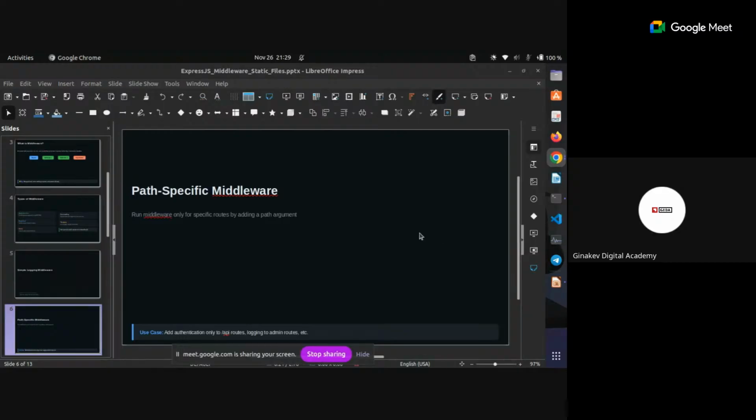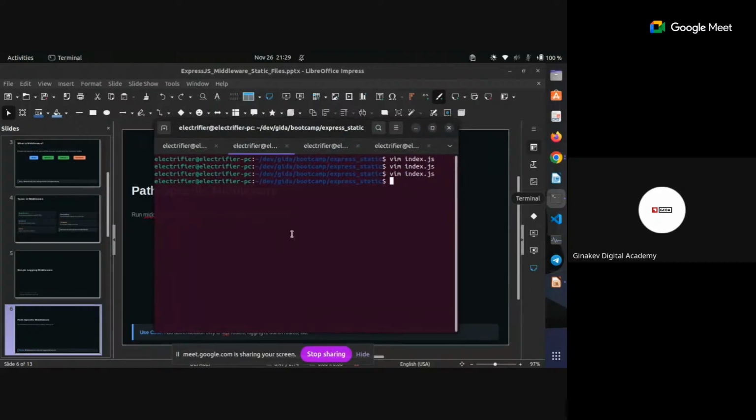Okay. So we now have the path specific middlewares. This middleware is only run for specific routes, you understand? So let's move this to